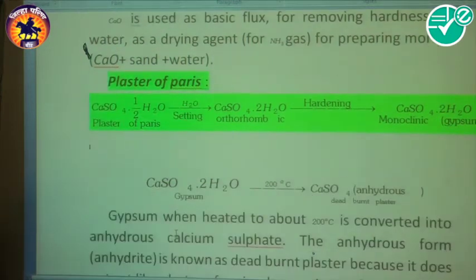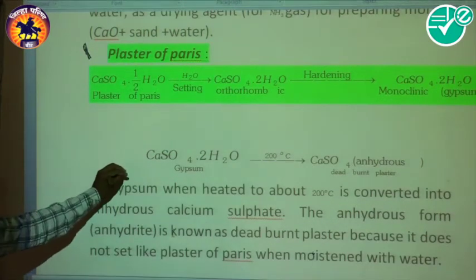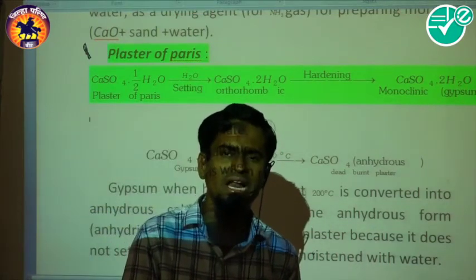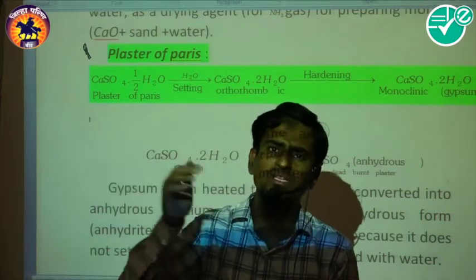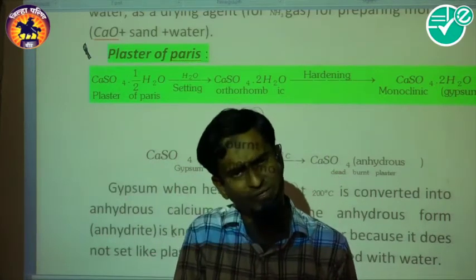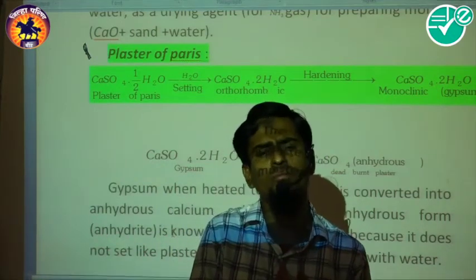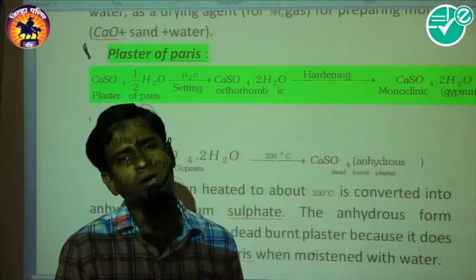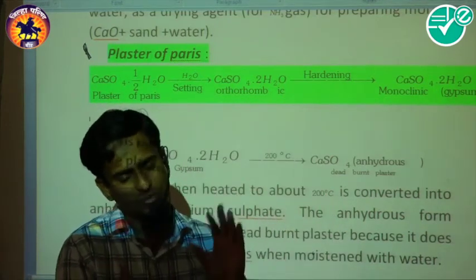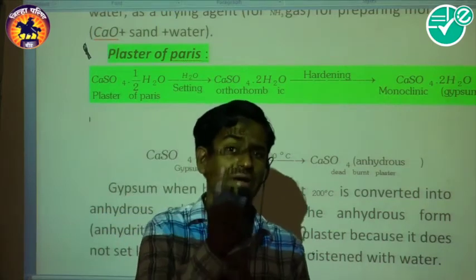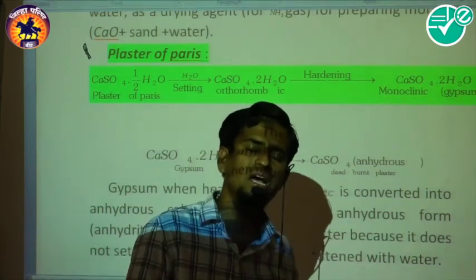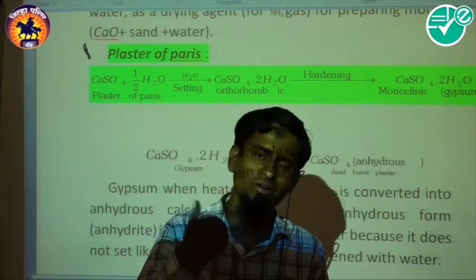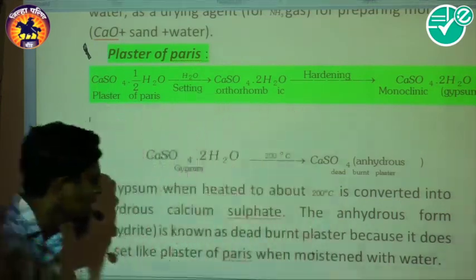I am not explaining in detail, I am only touching this point. Remember, I am not going into this topic in too much detail. I am just showing that this is the compound, this is the formula, this is the way of preparation, and you try to remember only this level. The previous part of this chapter is mostly related to the concept of chemical bonding, that is important. All these parts are only and only memory based. You have to write again and again, recall it and remember it.